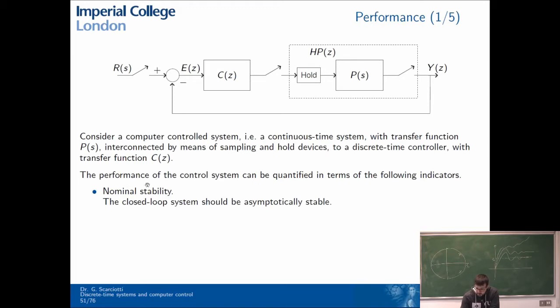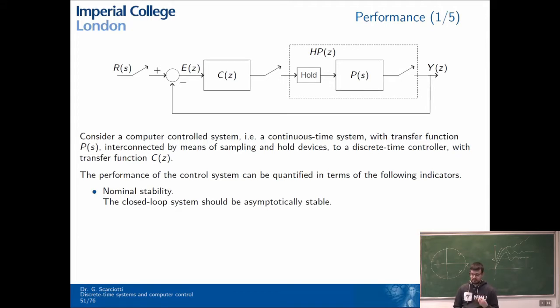The first performance criterion is actually stability, the stability that we have already discussed in the previous lecture. So to assess if our closed-loop system is asymptotically stable or not. Obviously, that is the first step, the most important property. If our system is not asymptotically stable, then the response will diverge, will go to infinity, and our system will blow up, okay? So what we want for sure is, first of all, stability, and we call that type of